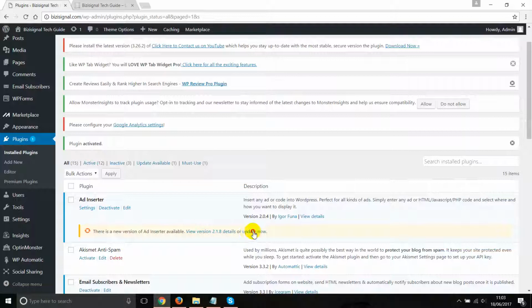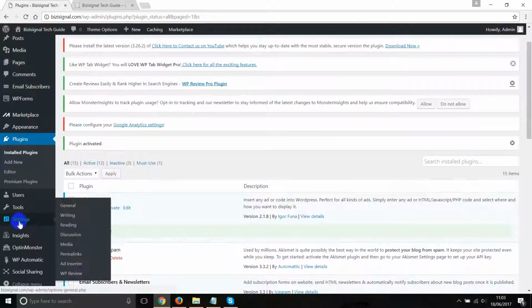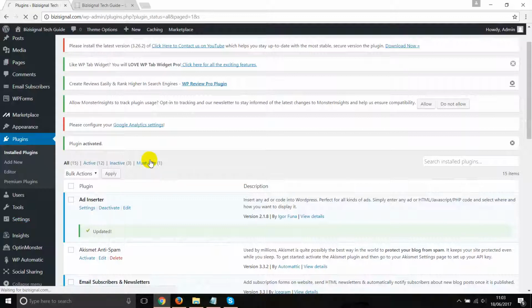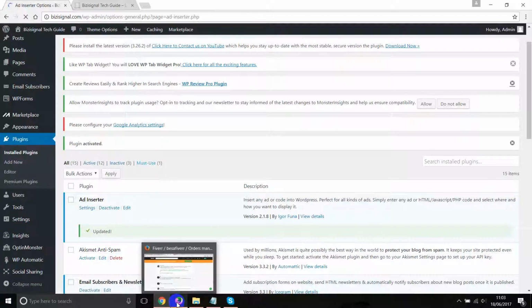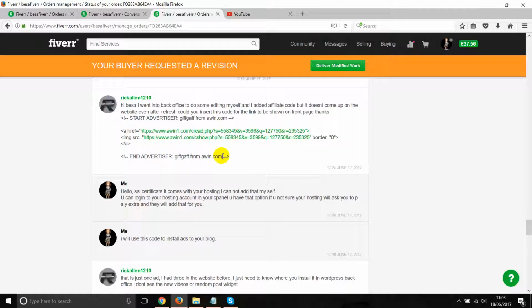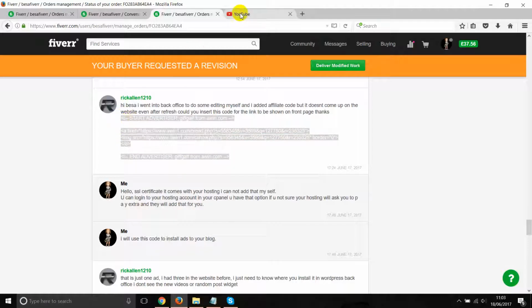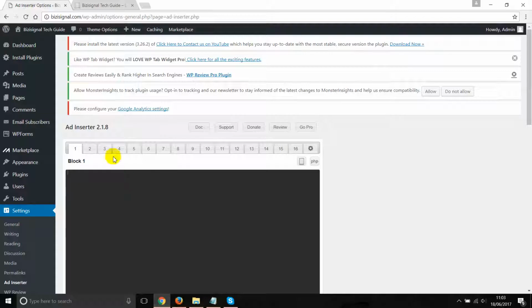The plugin is being activated, so you can just click on update, to update to the most recent version. Done. Now all you're going to do is go to Settings and go to Ad Insert. While it does that, I'm just going to grab the code. I have already installed this code which you provided. However, I'm just going to reinstall it again